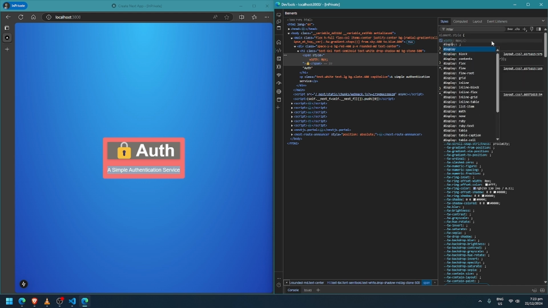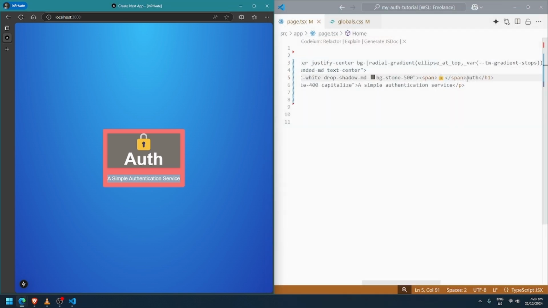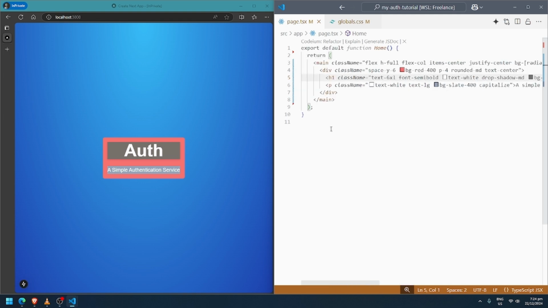So let's try display block. Invalid. So there's no property, so let's remove that for now. It's not aligned with the text. So let's remove. Let's stick with the old word.